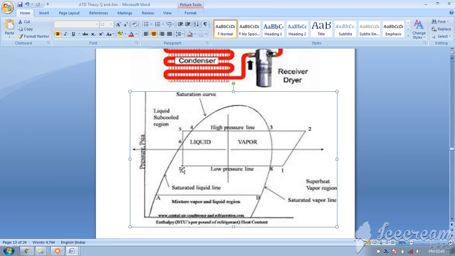Again I repeat, line 7 to 1 is the evaporator, 1 to 2 is the compressor work, 2 to 5 is the condenser heat rejection, and 5 to 7 is the throttling process. So this is how the